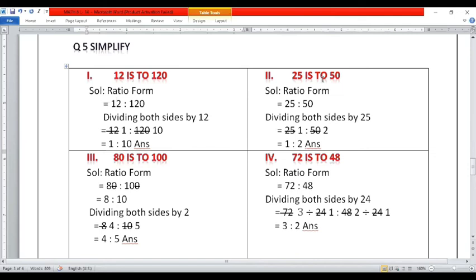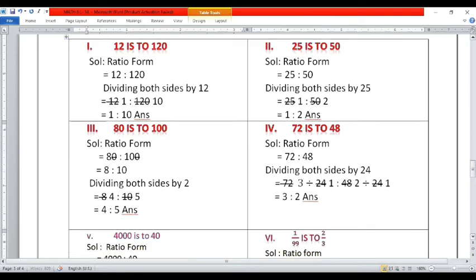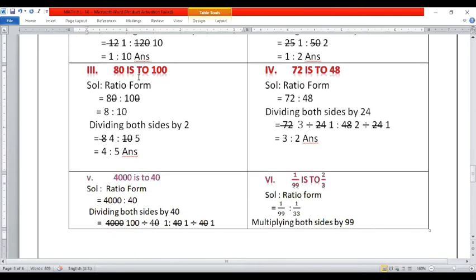25 is to 50. Dear students, ratio form, 25 is to 50 written in the form of ratio 25 ratio 50. You can also know that both values 25 and 50 can be cancelled by 25. So I will cancel 25 by 25 one time. Here 50 can be cancelled by 25 two times. Answer is 1 ratio 2. So dear students, in number 3,